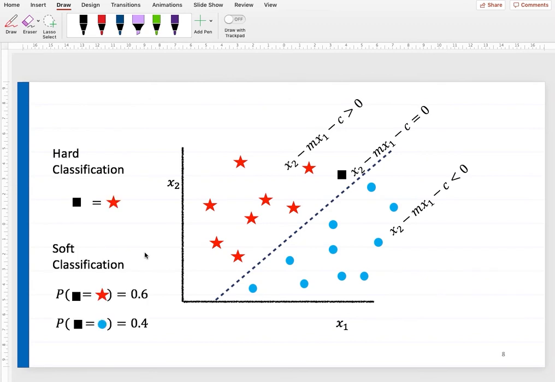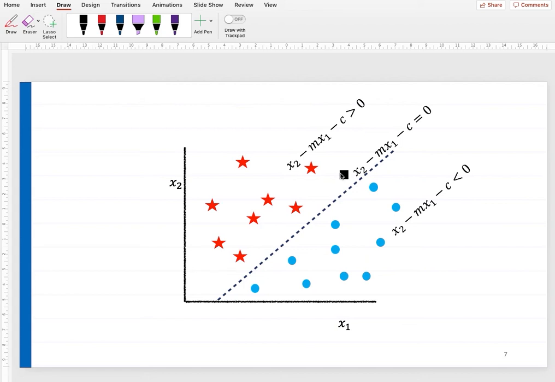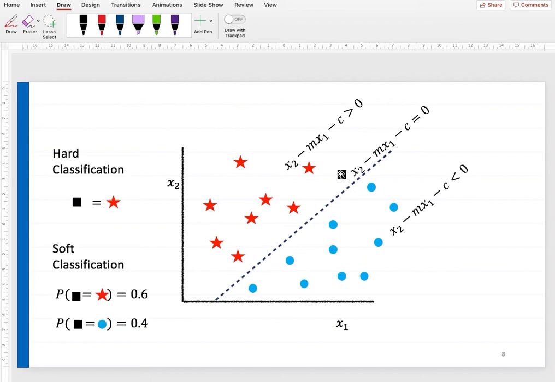Okay. So this is called hard classification. If I use this line, let me ask this question. If you look at this point now, which side is it on? It is on which side? Roses. So you will say it is roses for sure, right? If you say that, it is called a hard classification. You are assigning the value roses to this unknown point for sure. Means you are saying, okay, this is definitely a rose.